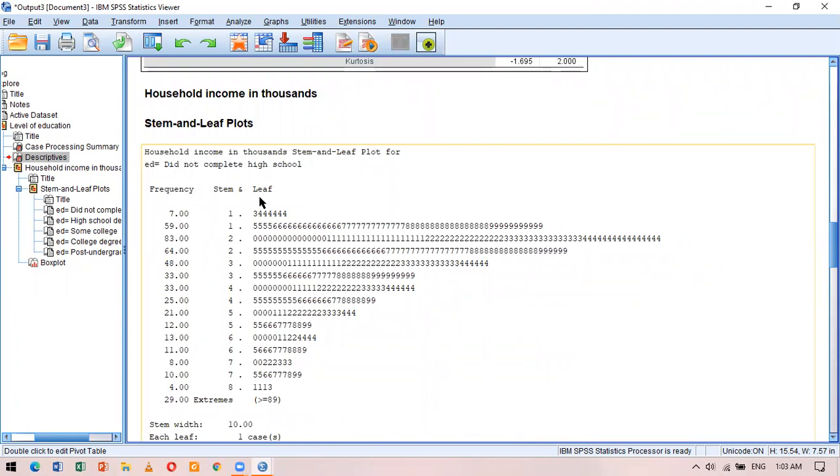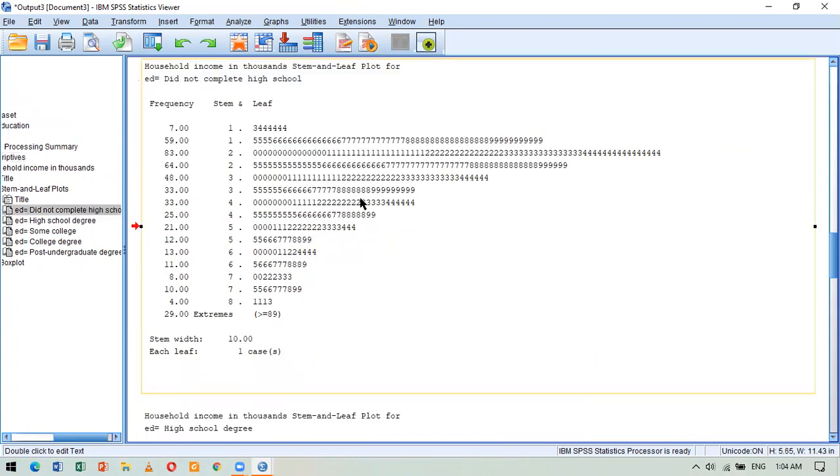Next, the software has provided me a couple of graphs. First of all, it has provided me the stem and leaf plot. The stem and leaf plot shows you that there is a stem. For example, when I was calculating values, I was actually gathering information from my respondents. The values they provided me had a stem, which is the first digit, and then there was a leaf, which